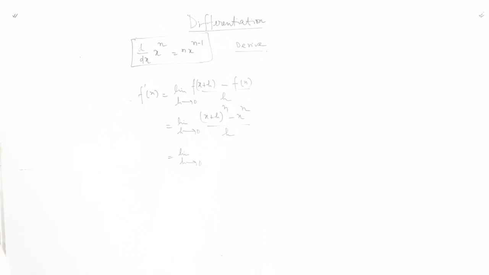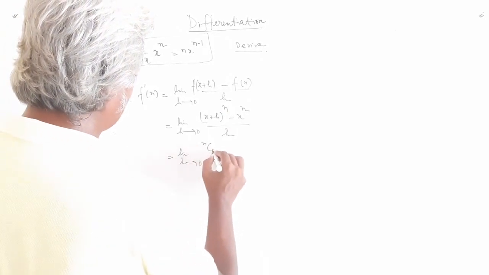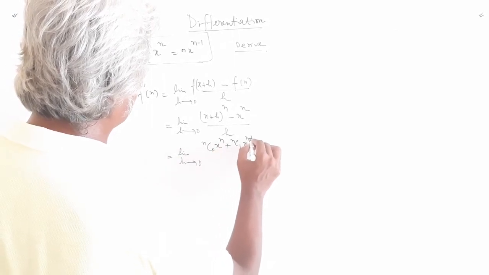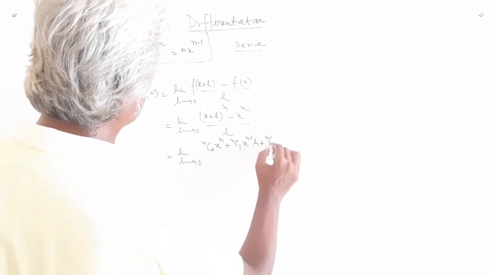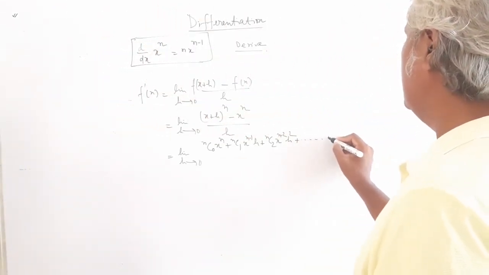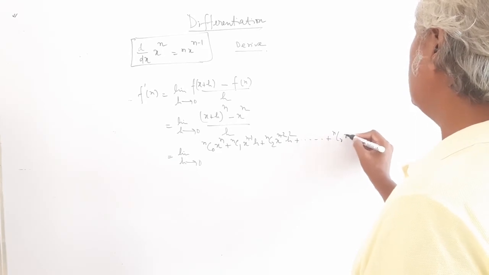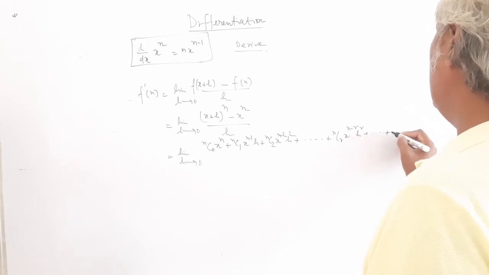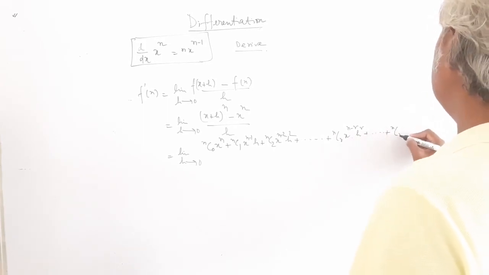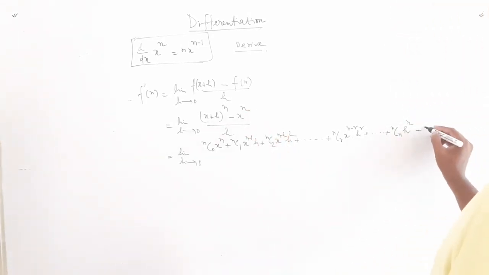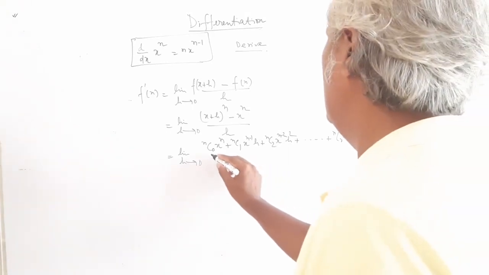This is a binomial expansion. It goes like nC0 x to the power n plus nC1 x to the power n minus 1 h plus nC2 x to the power n minus 2 h square plus, I just write the rth term directly, plus nCr x to the power n minus r into h to the power r, plus directly I go for the nth term, this is nCn h to the power n, and then we have this minus x to the power n